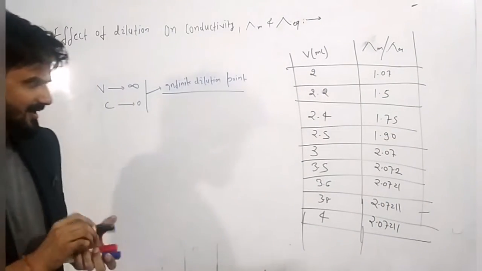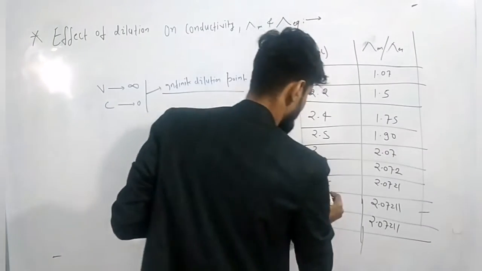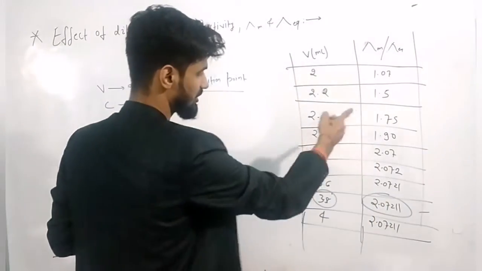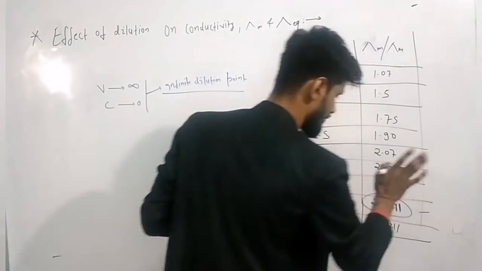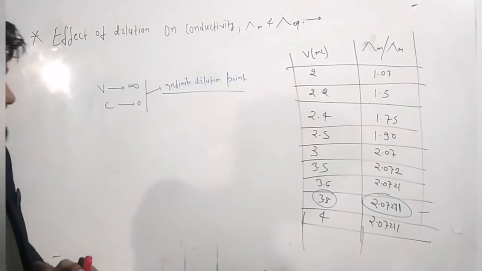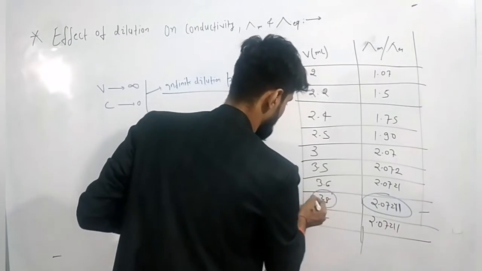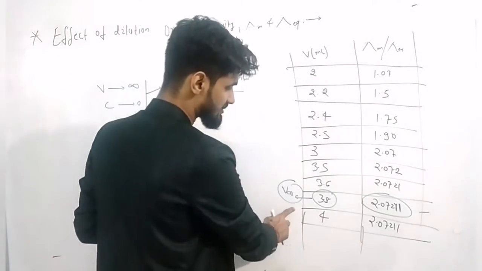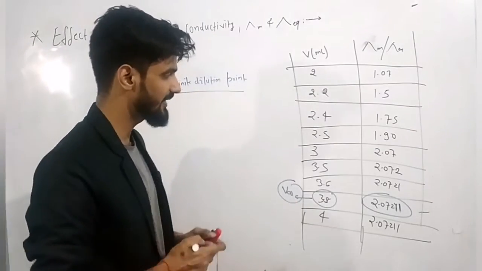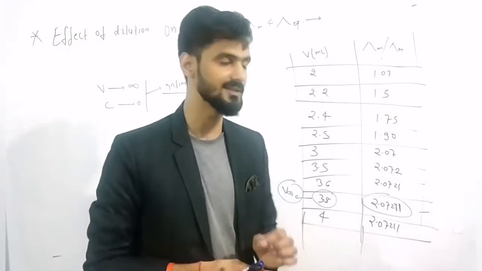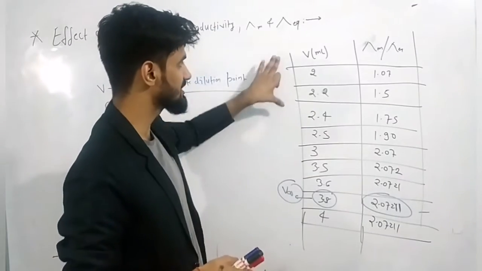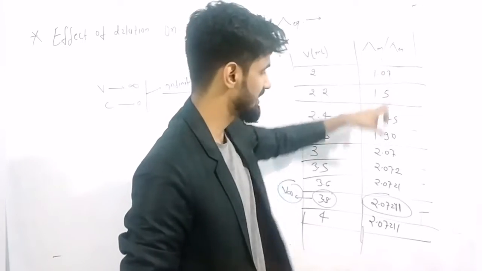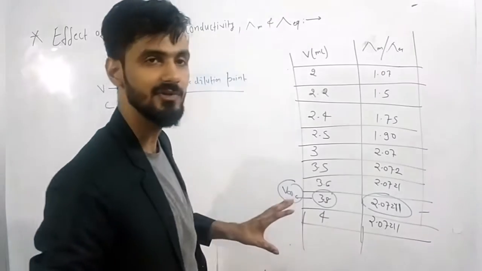Now, what is going to happen at volume 3.8? You can see that at a volume of 3.8 milliliters, the equivalent conductance or molar conductance value becomes constant. It's not going to increase. Then this point will be called the infinite dilution point, and this volume is called V infinite. So practically we can define the infinite dilution point of an electrolytic cell as the point or volume at which the equivalent conductance and molar conductance value is not going to change.